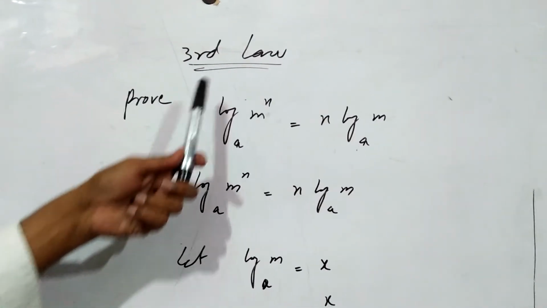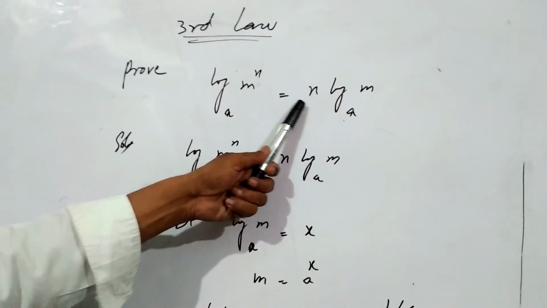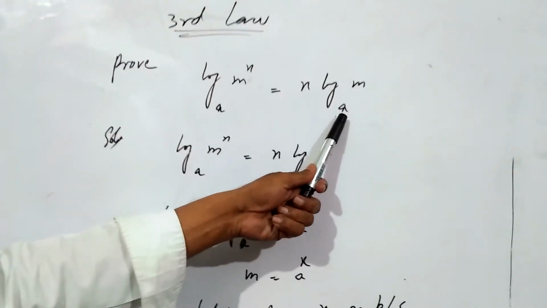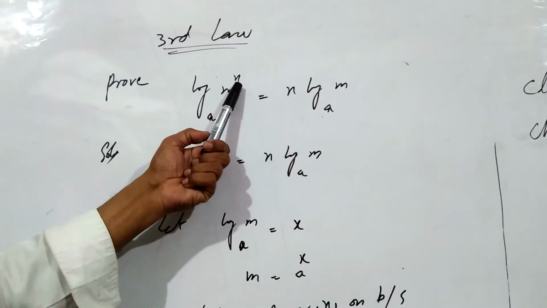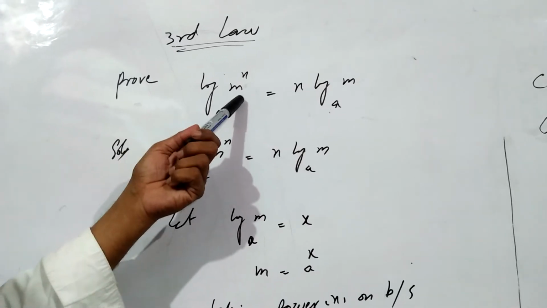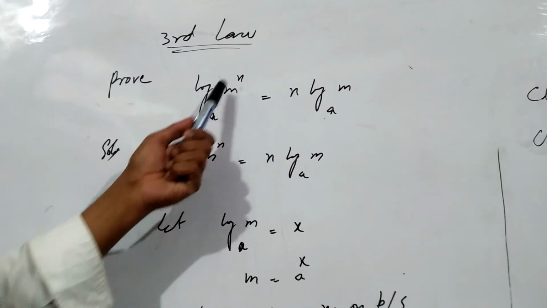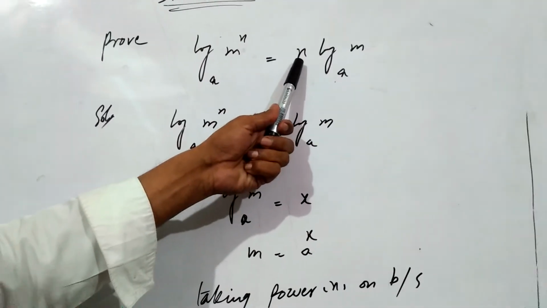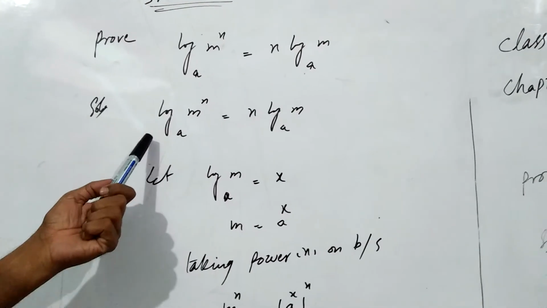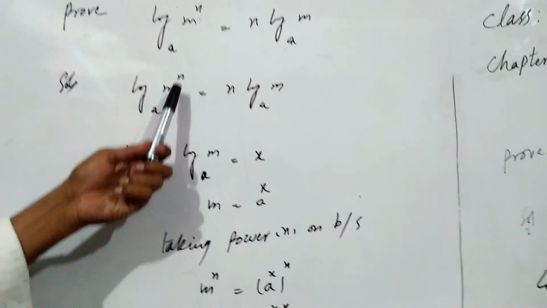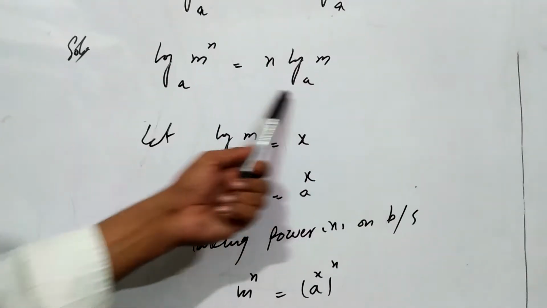Third law of logarithm: prove log m power n base a is equal to n log m base a. It means if we have any number which has any power and we have to take logarithm, then the power will be at the first stage, or in front of the logarithm. So we have to prove. Solution: log m power n base a is equal to n log m base a, which is the third